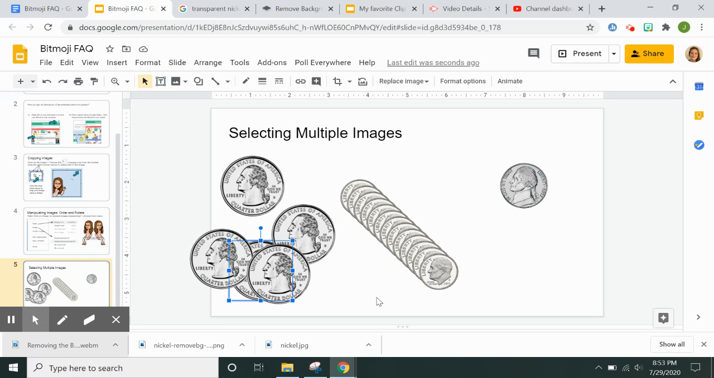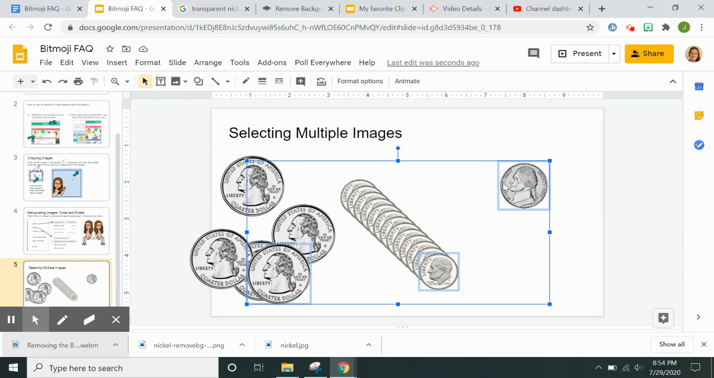The other way I want to show you how to select multiple images is if you want to be choosy about which ones you need. So say I want to select just a quarter, a dime, and this nickel. I'm going to hold down the control key from the beginning, and I am going to select just the images that I want. So I clicked on 1 quarter, 1 dime, and 1 nickel,